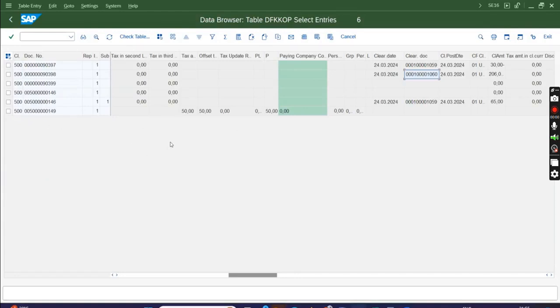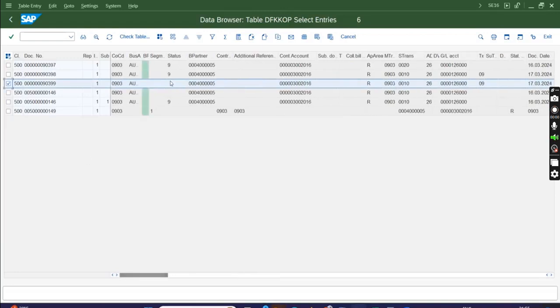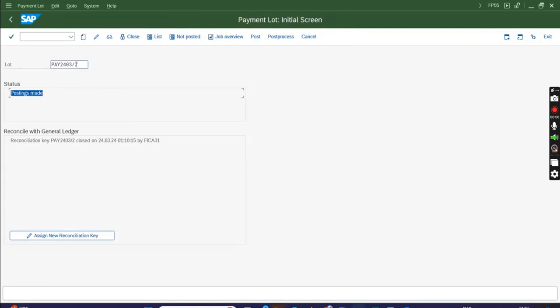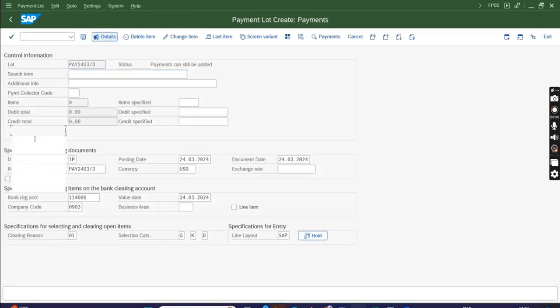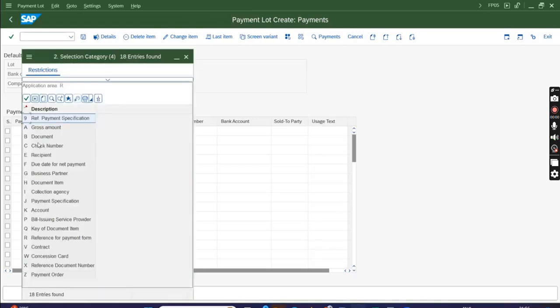If the payment is higher, when I make a $210 payment, the $10 will have an entry and the 200 will clear. This document, which is currently blank, will become 9, and a new document will come, maybe 10001061. My last document was 1060, so this will become 1061. A new entry will be added for the additional payment. So let's see that. Here I'm going to enter the third payment. Create, same, everything is same, new item 210, and I'll replace K with B. I'm specifying the payment is against document number,